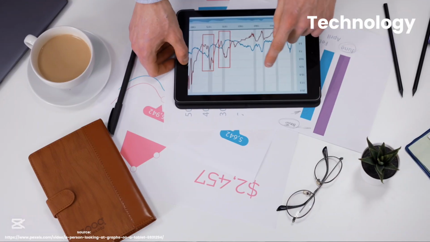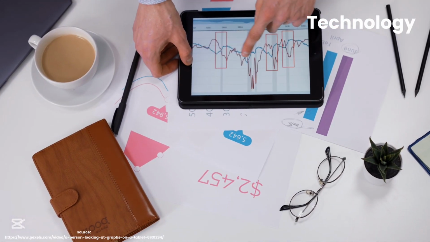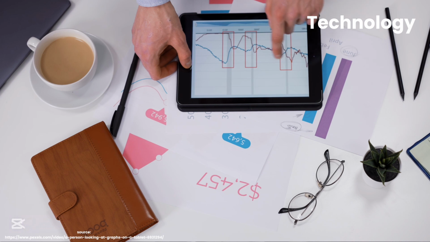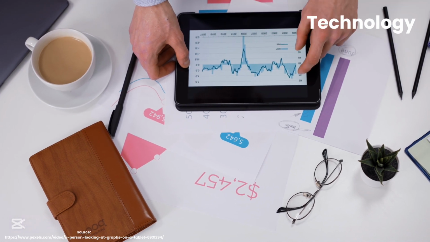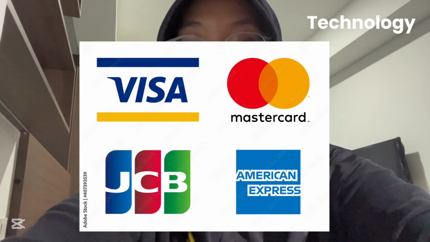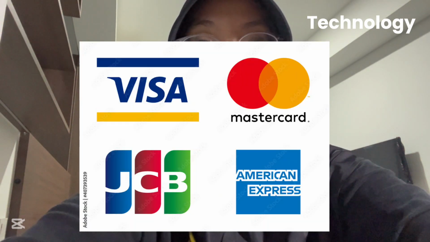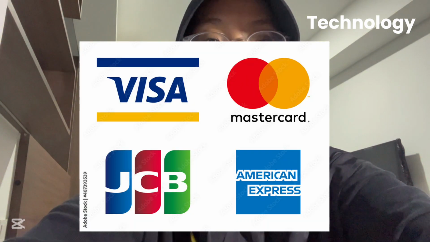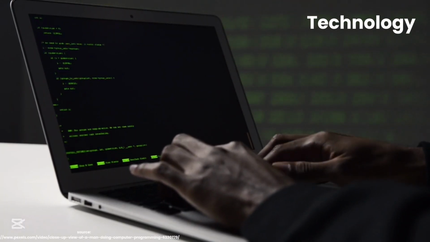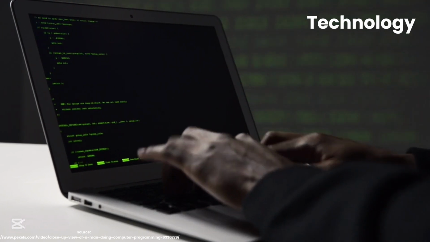Paper ID is also highly influenced by AI and machine learning, which can automate repetitive processes, improve accuracy in bookkeeping, and detect fraud faster. Paper ID also partners with payment card networks like Visa, Amex, MasterCard, GPN, and commercial banks to make it easier for businesses to make payments. And the last one is cybersecurity, which is becoming more important every day as users entrust their financial data to digital platforms.